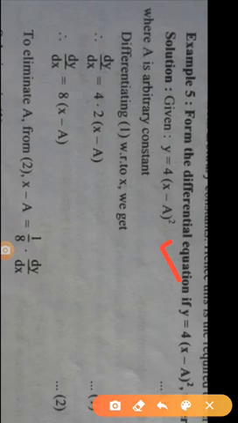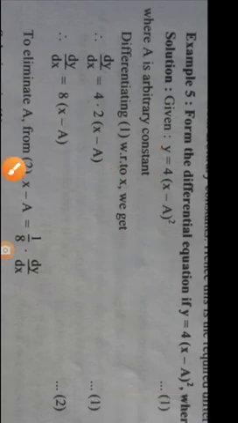Now taking the derivative, we get dy by dx, 4 as it is, and the derivative of (x minus a) whole square. By the rule, 2 in multiplication, the given function as it is, x minus a as it is, and the power decreases by 1, that is 2 minus 1 is 1, and we don't write 1 in the power, so only the term x minus a is present here. So in this manner we get the derivative, that is dy by dx equals 4 into 2 into (x minus a), that is dy by dx is equal to 8 into (x minus a),